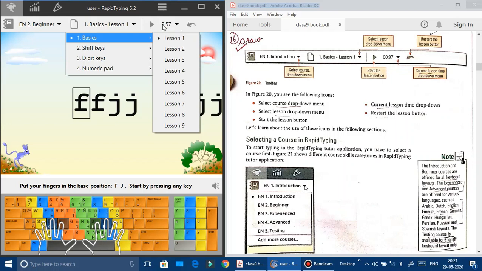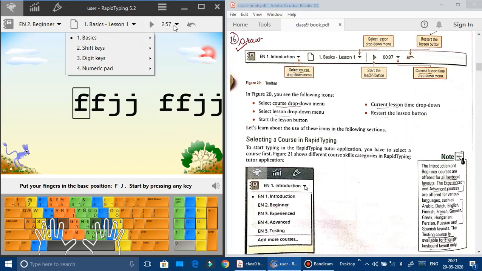There you can see for beginner the time is more. So accordingly the time will be allocated, and you must try to attain more and more speed by practicing it. Beta, this will be a part of your practical also, so you need to practice it. Without practice you cannot attain speed, and speed is the main purpose of this particular software.